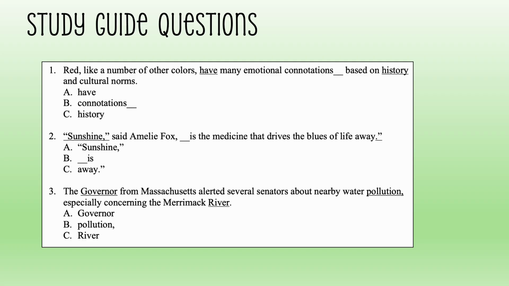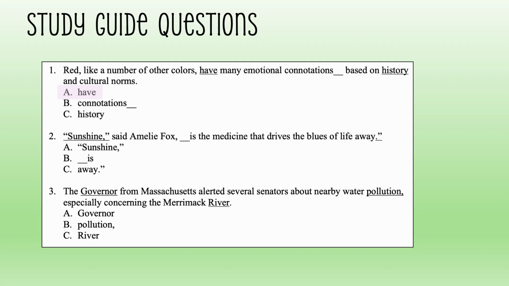And finally, we'll look at some questions from the study guide, starting with number 1. Red, like a number of other colors, have many emotional connotations based on history and cultural norms. So the format that you see here is just like the test that you took in the beginning of the semester, that pre-test. And this is what your final test will look like as well, where some of the words or spaces will be underlined, and it's asking you to identify the error. It's asking, where is the error here? And in this case, A, have, is the error,